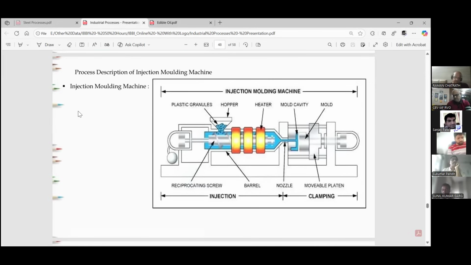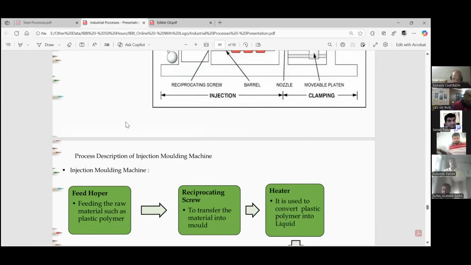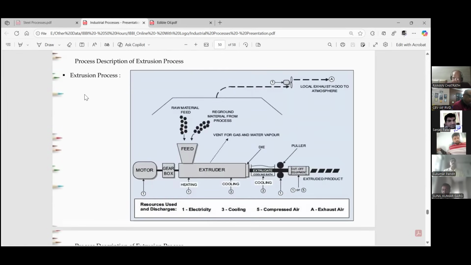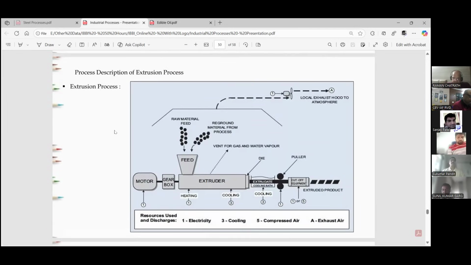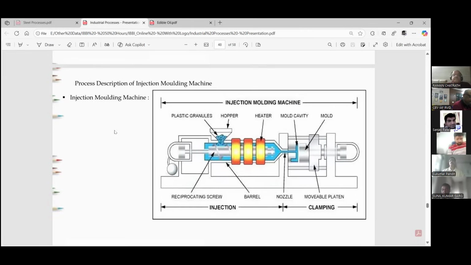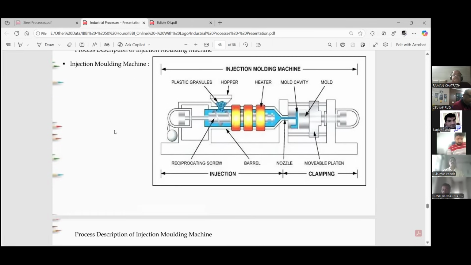Next is the plastic industries. So there are mainly two types of plastic products made. One type of plastic product is made by the injection molding machine, and the second type is made by the extrusion process. Small components or small articles of plastic are made using injection molding machines. Okay. So in an injection molding machine, the raw material in the form of HDPE or PP is